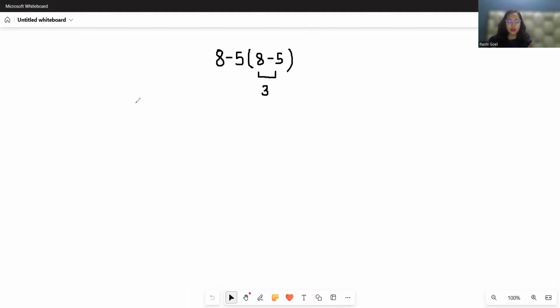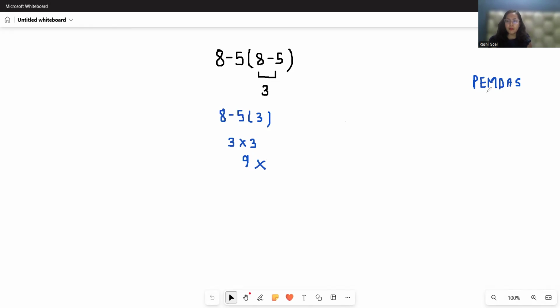And then 3. This gives us 8 minus 5 times 3, and 8 minus 5 is 3, and 3 times 3 is 9, which is not correct because according to PEMDAS rule,